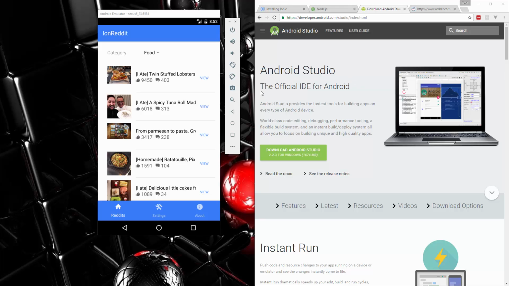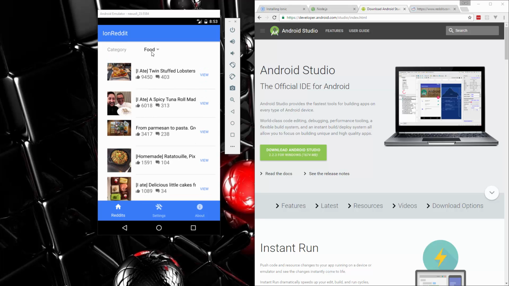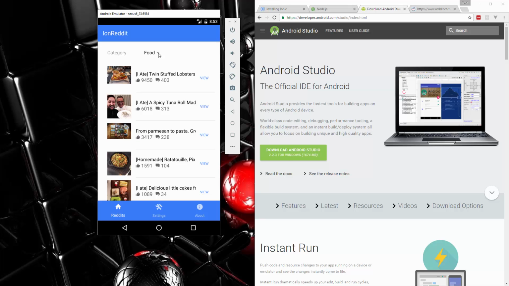Now, before we do that, let's take a look at the application we'll be building. It's an application called Reddit, and we're using the subreddit API to basically just fetch a list of posts, or Reddits, within a certain category. So you can see we're getting the image, the title, the score or the thumbs up, and the comments. By default we have this set to food, but if I go and click this,